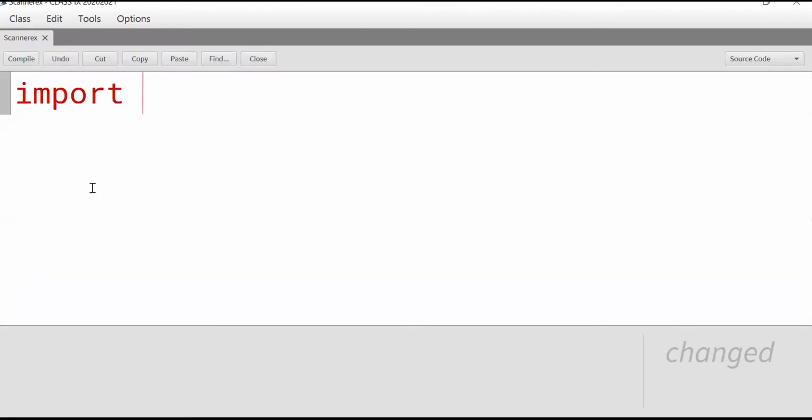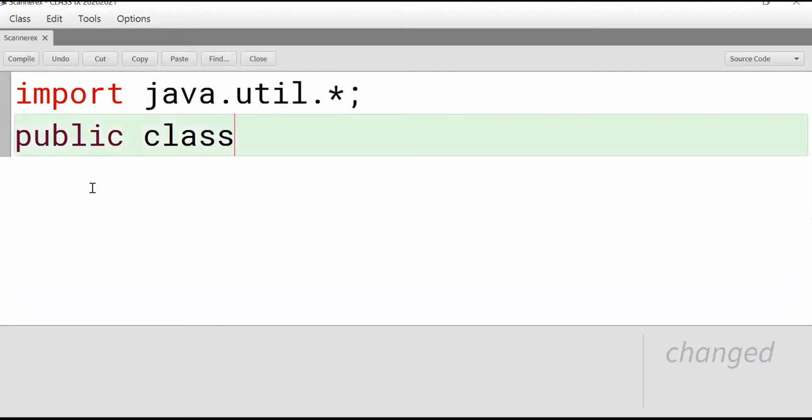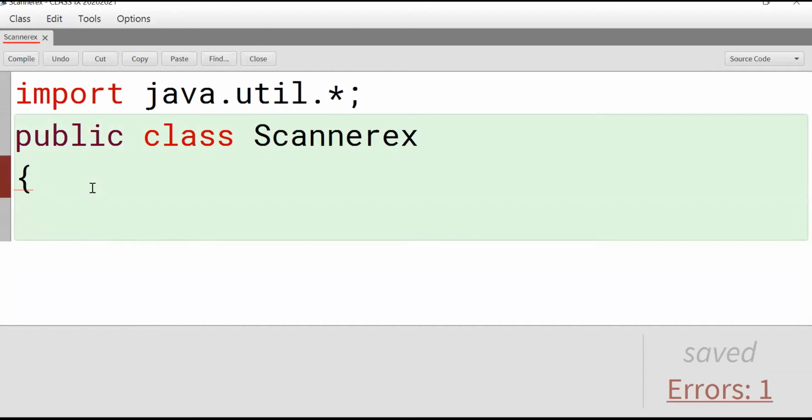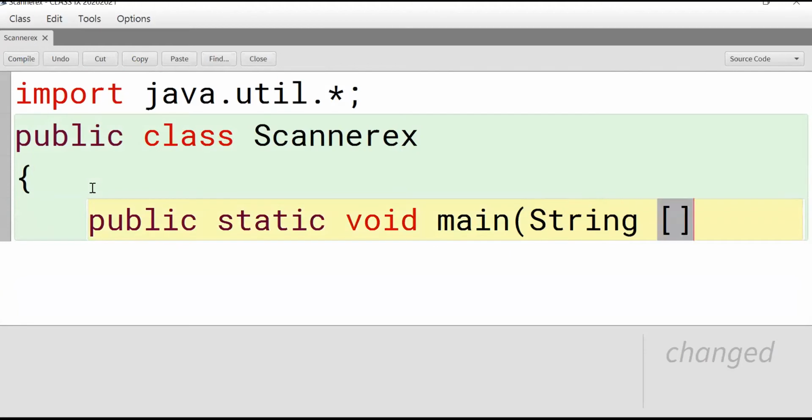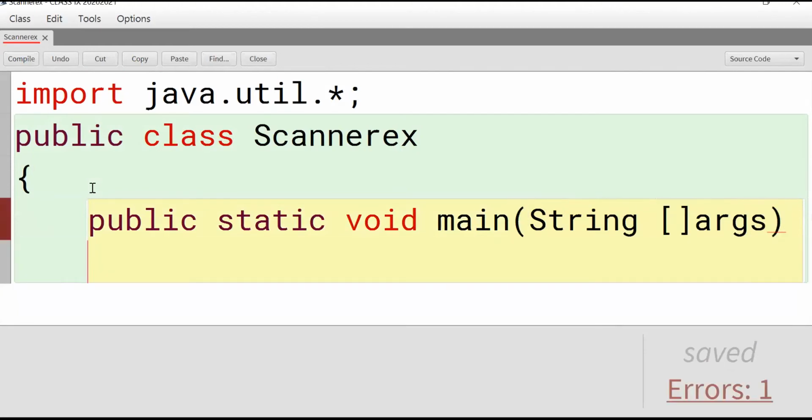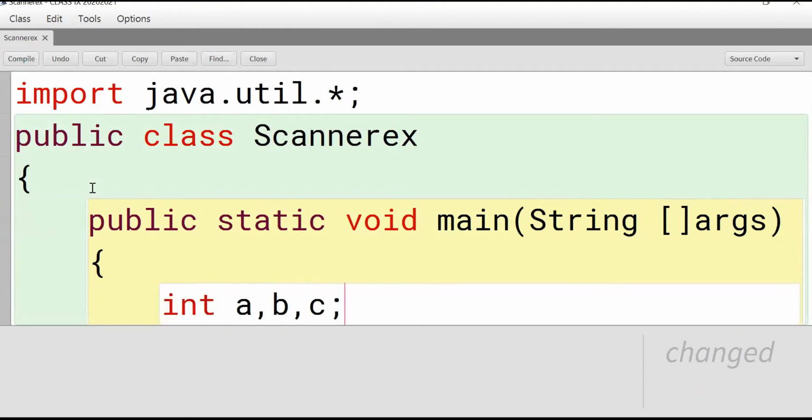We have to import the util package. If you want to use Scanner class, then we have to use the util package. It is introduced from JDK 1.5 version onwards.